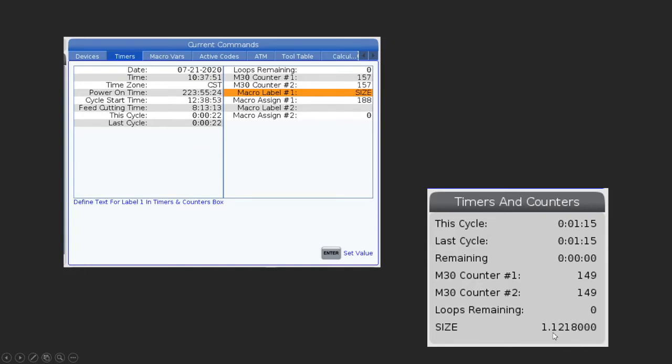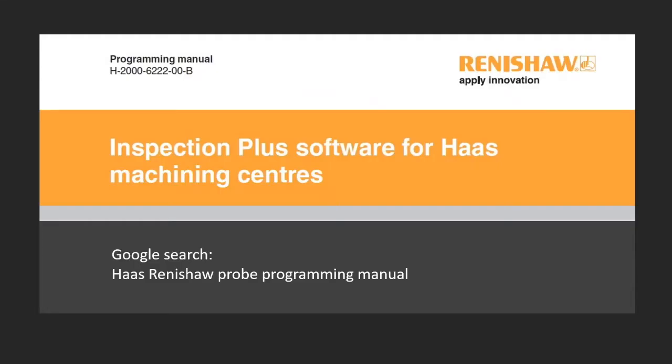So you can use this however you want, but it's a nice little place to show what size something is. And these variables, the 188, and there's a bunch of other ones. I'm not going to go into that in very much detail on this particular webinar, but to let you know,